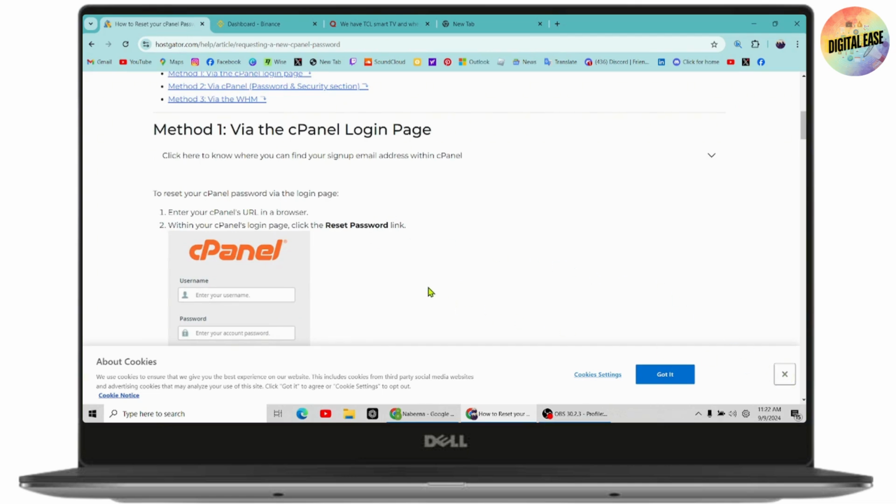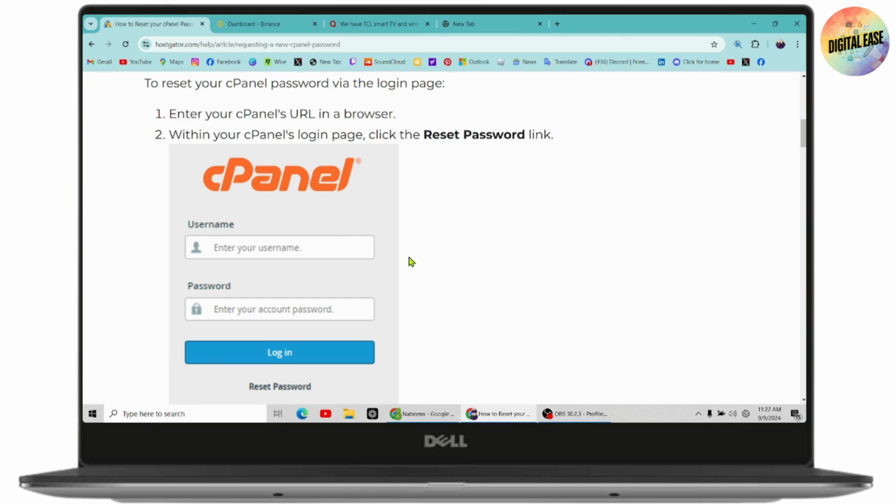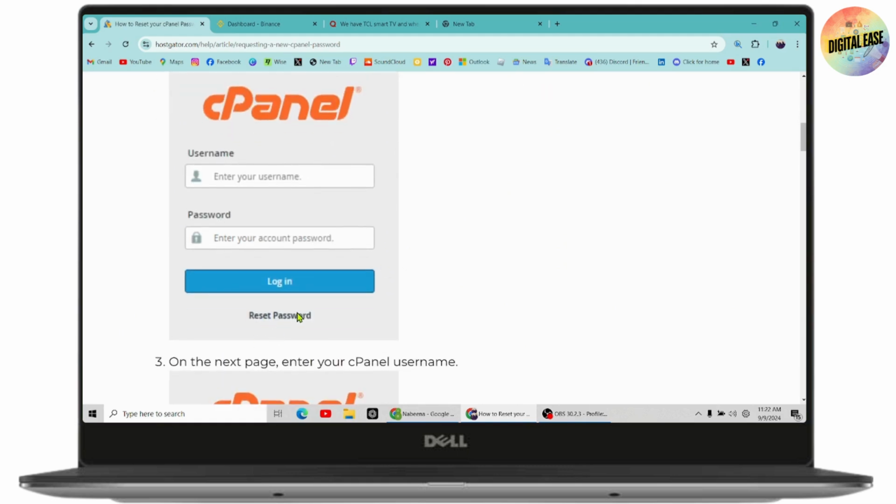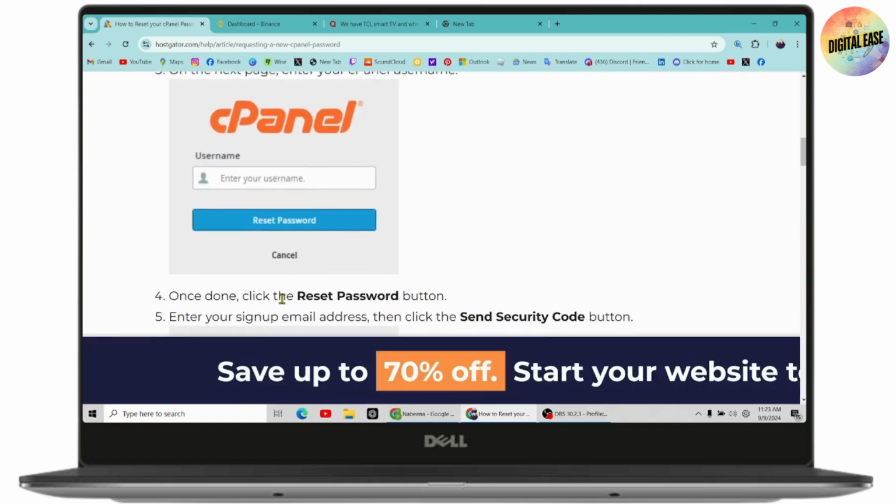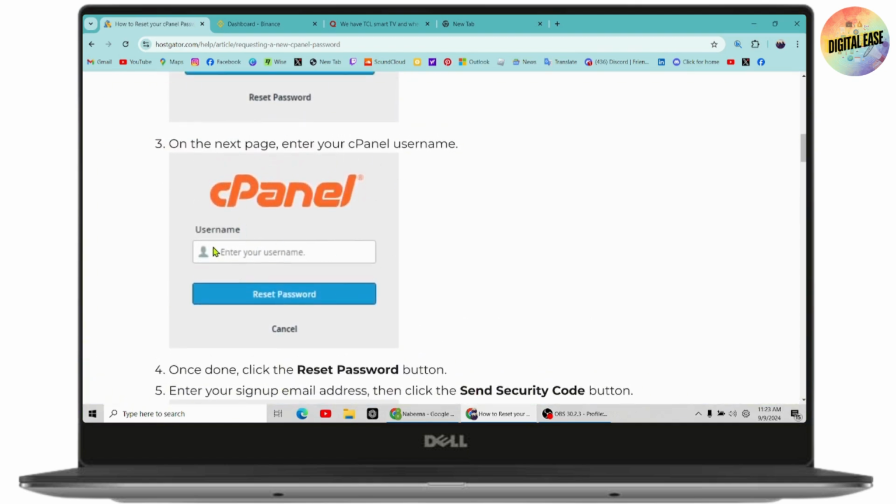So to reset your password, you can first open the cPanel's URL in your browser. And once you open, then within your cPanel's login page, you need to click on the reset password link. Here you will have reset password option, right? So you just need to simply click on reset password. And on the next page, you need to enter your cPanel username. You will get this kind of interface once you click on reset password, and under that you need to enter